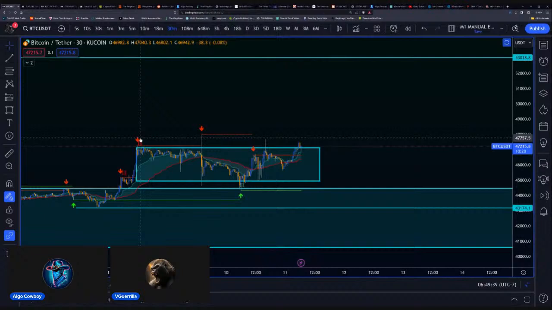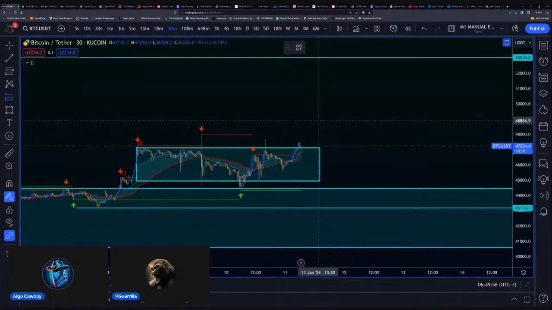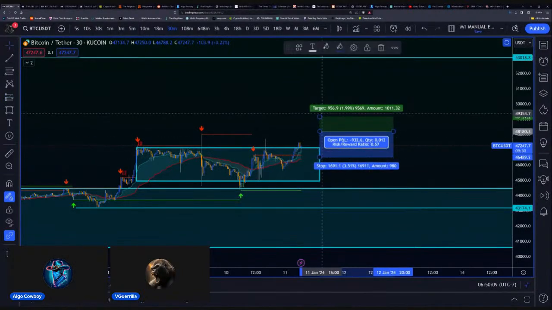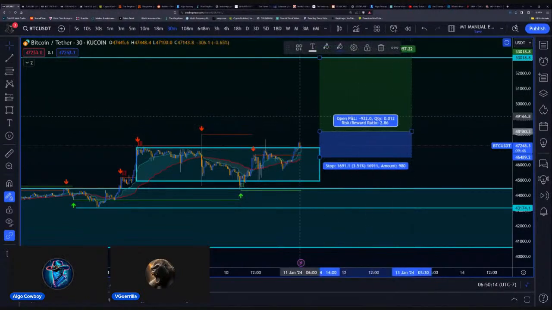I'm waiting for price to go above 48 before I make any moves on any longs. And then once it goes above 48, my target's going to be 53, as long as that liquidity profile does not change during that time. So basically, if I were to map out a trade, it would look something like this, provided that price goes along this path, a break of 48 and a break above on the 4 hour. I'm good with that. So probably something kind of like that. That'd be my next trade. That's a freebie out there for those of you who like to trade. Not investment advice. Do your own research, all that sort of thing.